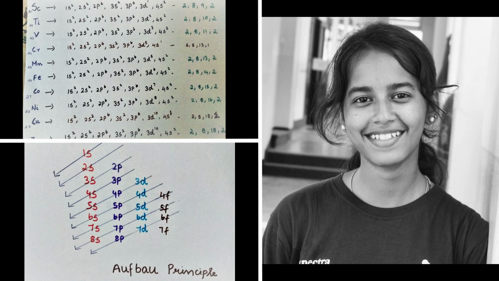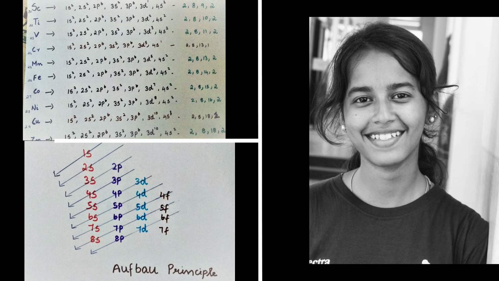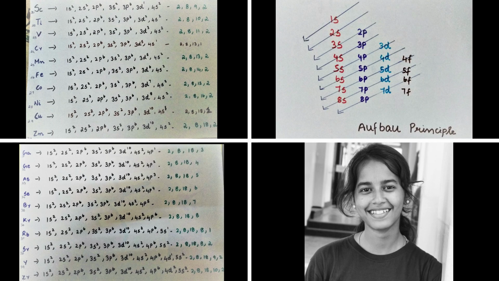That is because 4s has less energy compared to 3d. So already it is 18, and 2 electrons will get filled in 4s2. So it is 20. After 4s, electrons will get filled in the 3d orbital. So the remaining 1 goes there. That's how the electronic configuration of scandium is written. I think it's understood. Like this we have to write for other elements, but we have an exceptional case in the case of